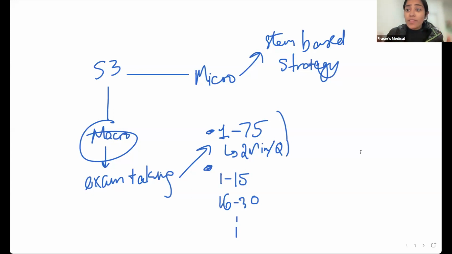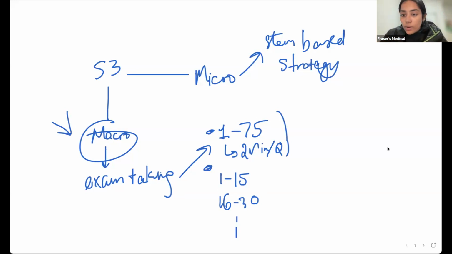Going into section 3 without a macro strategy is like going into a dark room where you basically can't see anything. So please have a macro strategy in the way you go about the exam. It's really important. The micro strategy is going to help address the other questions within the chat.